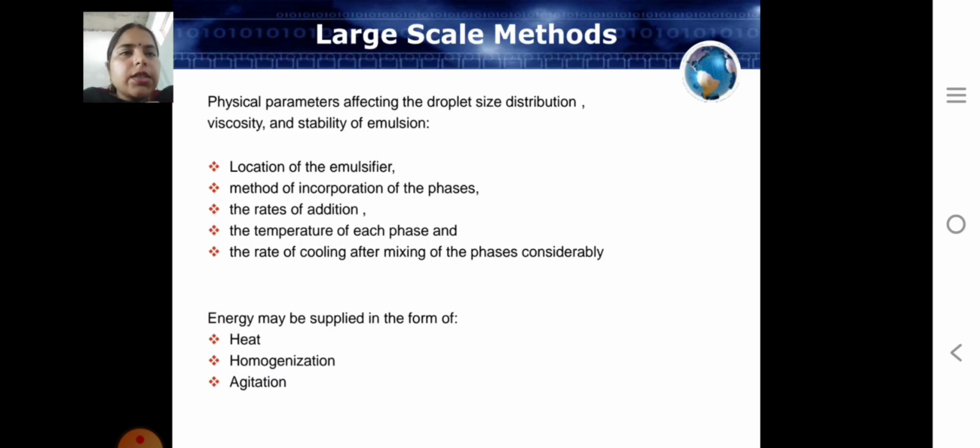Next is the large scale method. The physical parameters affecting the droplet size distribution, viscosity and stability of emulsion are the location of the emulsifier, method of incorporation of the phases, the rate of the additions, the temperature of each phase and the rate of cooling after mixing of the phases. Energy may be supplied in the form of heat, homogenization, agitation,